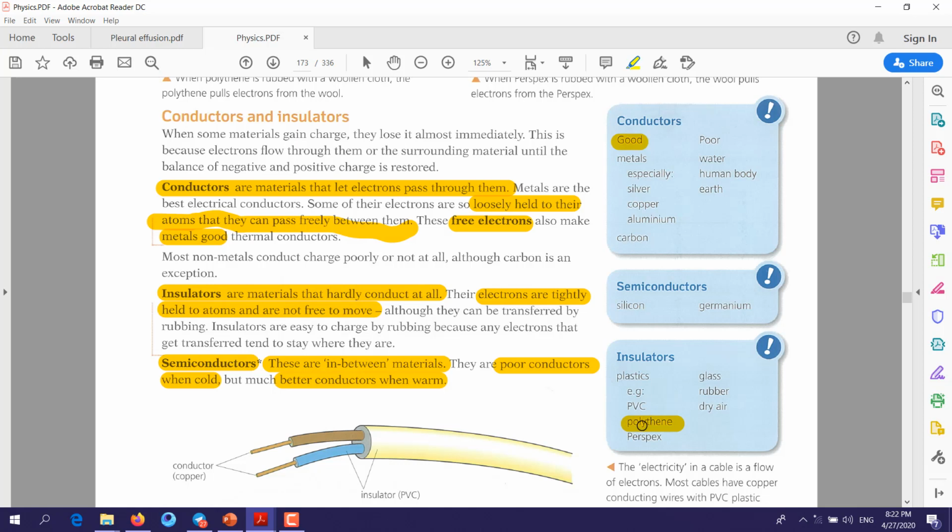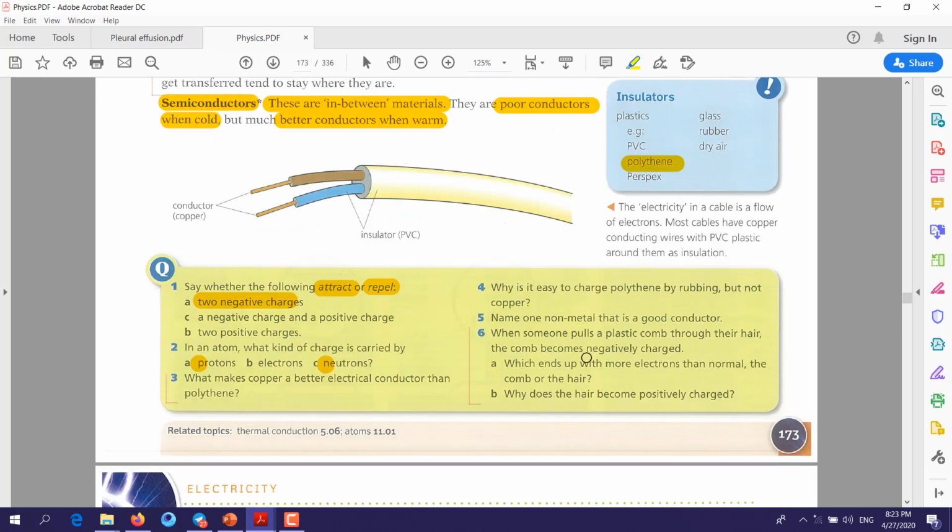Polythene is an insulator, so the charge doesn't move. Because the charge is not moving, it can carry a charge when you rub it with another substance. But copper is a good conductor. So what is happening is the charges are always flowing. Because they are always flowing, you cannot